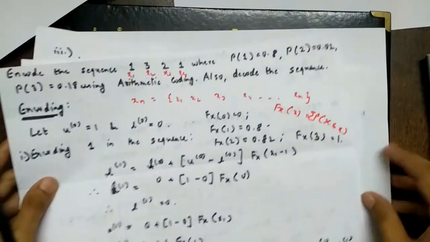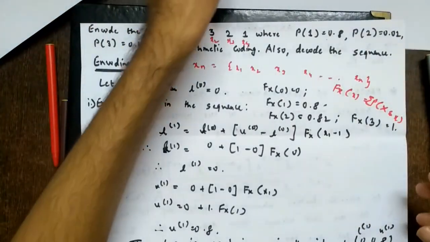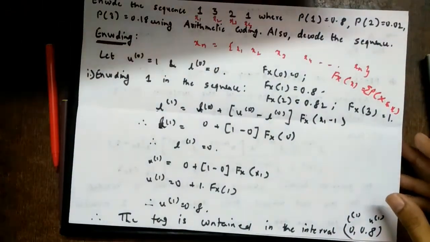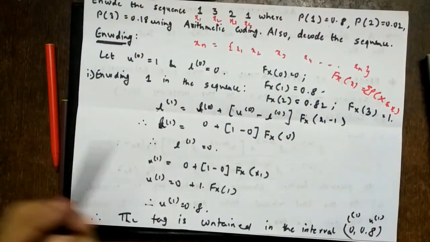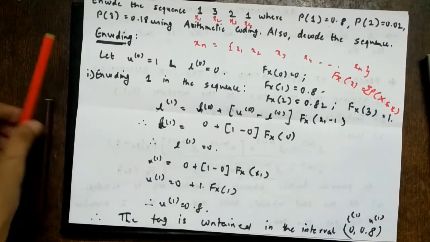So this is the way you have to solve sums on arithmetic code. You might find it confusing at the first time, but just rewind the video and see if you have doubts again. So you'll come to know. Anyways, we will be solving 2 more problems on this in the further lectures. So don't worry about it if you have not yet understood. Okay.